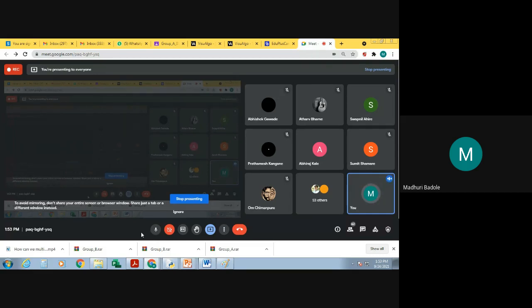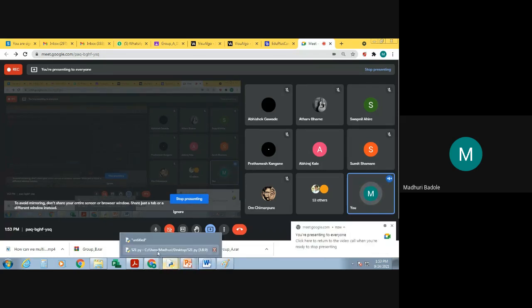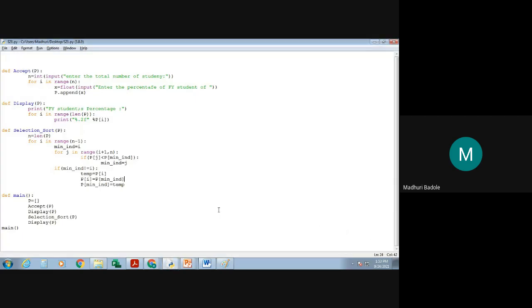It means that after the completion of this data structure and lab, what outcome you will get from this subject. Up to this logic, if anyone has a doubt, you can ask me. Otherwise, just try to implement this program. Any doubts from your side, beta? No, ma'am. Okay, try to implement it.